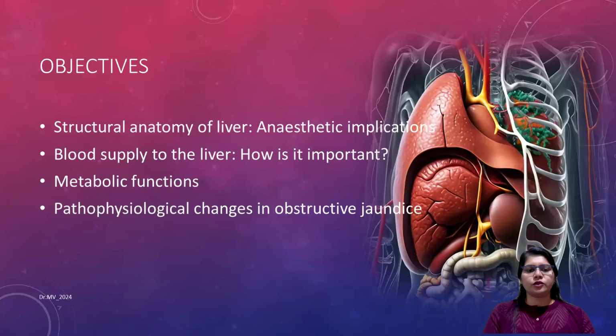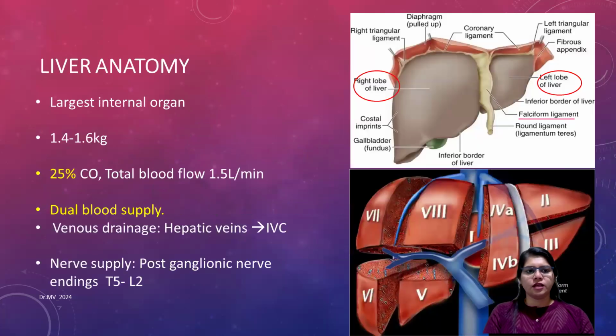Today we are going to deal with the structural anatomy of the liver, the blood supply to the liver, how it is important to us, the metabolic functions of the liver, and then we will move ahead with the pathophysiological changes in obstructive jaundice. So coming to the liver anatomy, the liver is the largest internal organ weighing around 1.4 to 1.6